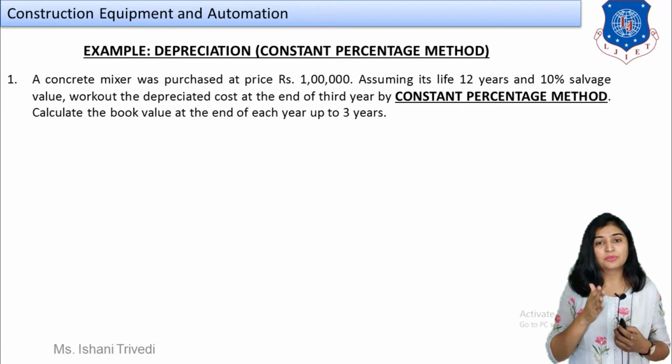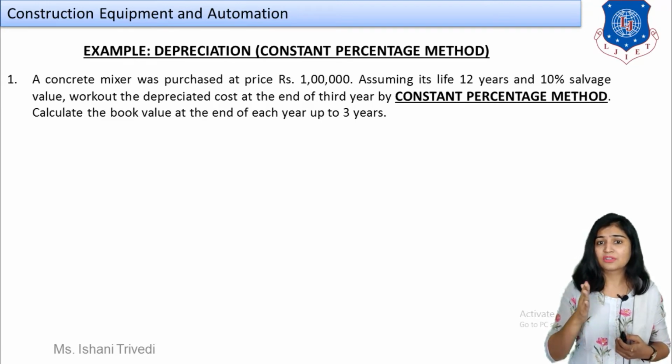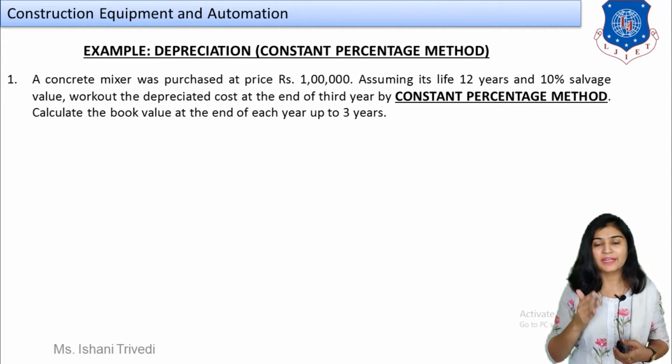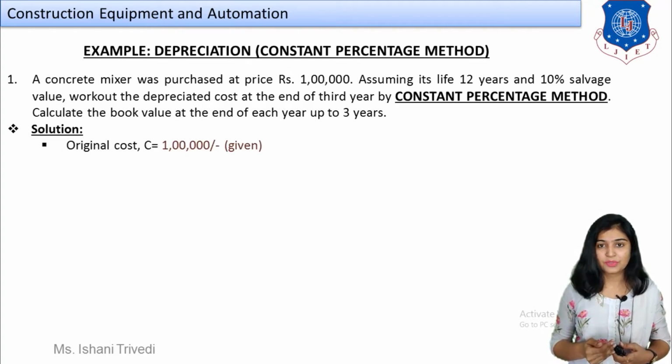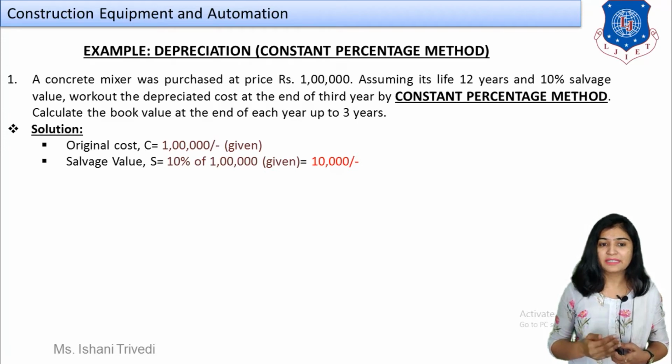It means you also have to find out the depreciated cost directly at 3 years, and you also have to find out the book value at the end of every year, right? That is the current value. You know the meaning of book value already. So first of all, I am writing the given data over here. You are also supposed to write down along with me, that is on a compulsory basis, students. This is going to be very much helpful to you.